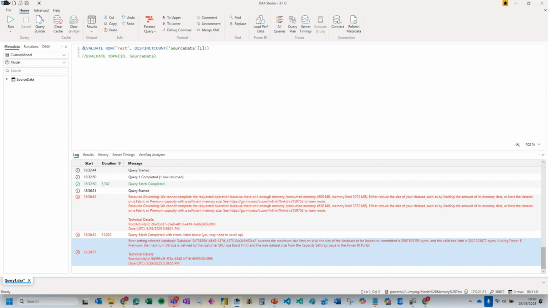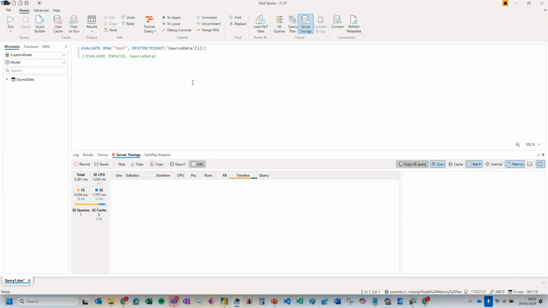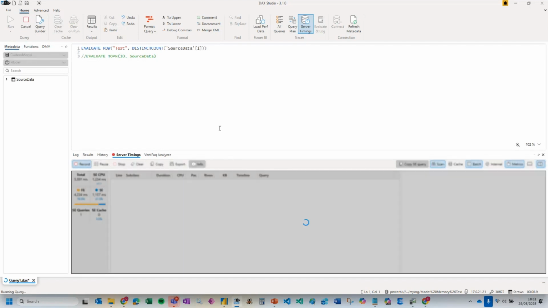So if I was to go back here and rerun my query, which only gets like one column into memory, and I turn on server timings here in DAX Studio, and I run this query,